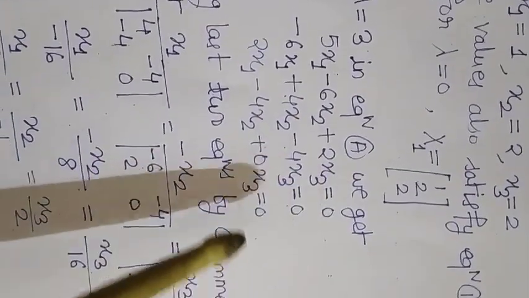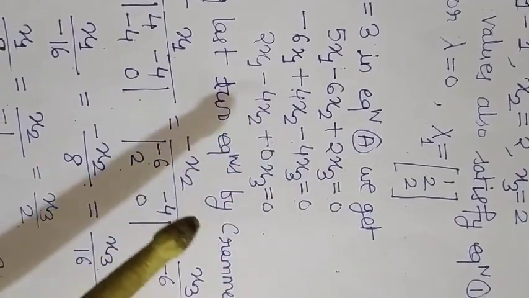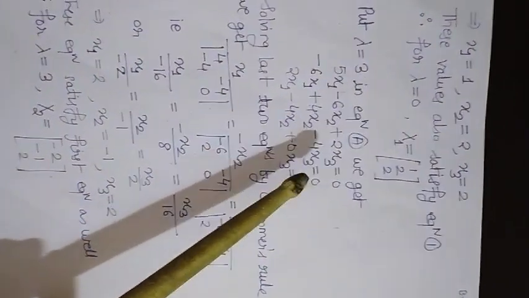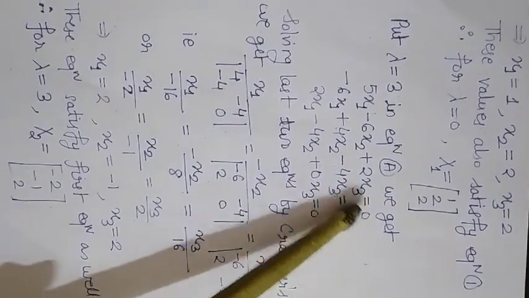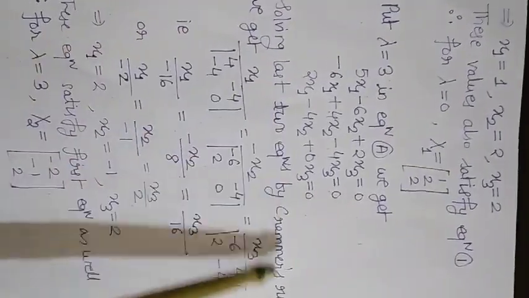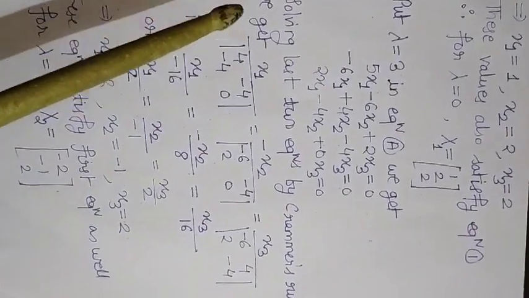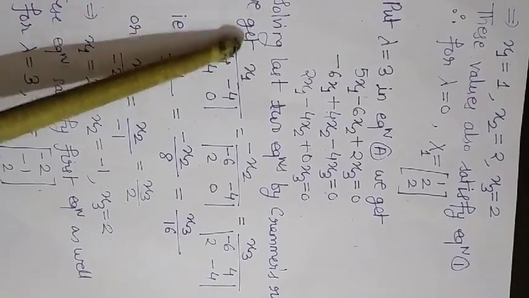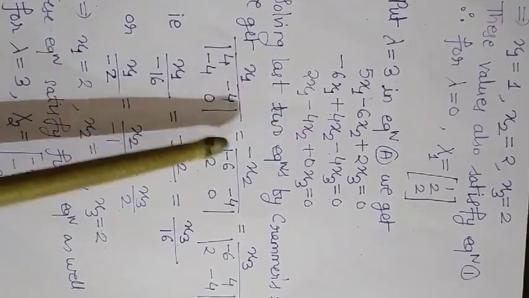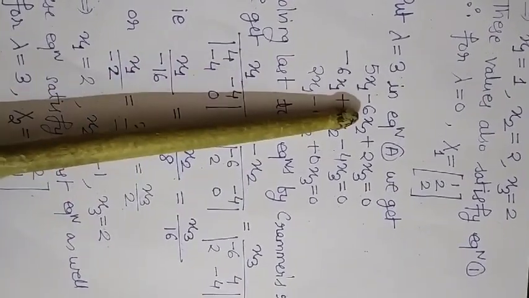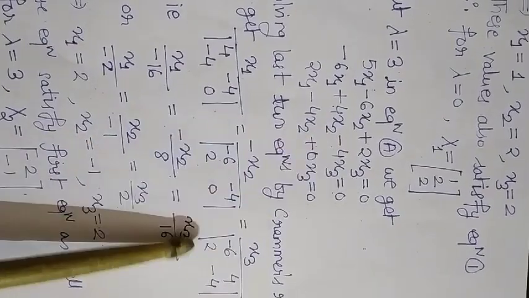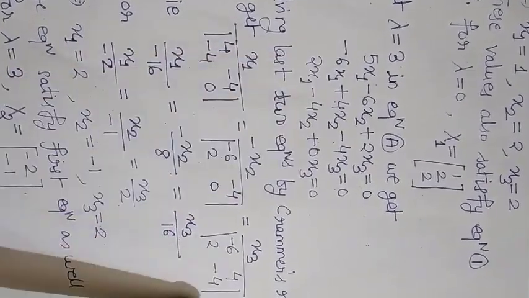Again these three equations are different, so solve any two equations by Cramer's rule. I am again taking last two equations. It is not necessary that you should always take the last two equations, you can take any two equations, right? So I am taking last two equations, applying Cramer's rule in the manner we have applied earlier, right? So it is x1 upon determinant of 4 minus 4, 0 equal to minus x2, right? So minus 6 minus 4, 2 0 equal to x3, minus 6 4, 2 minus 4.